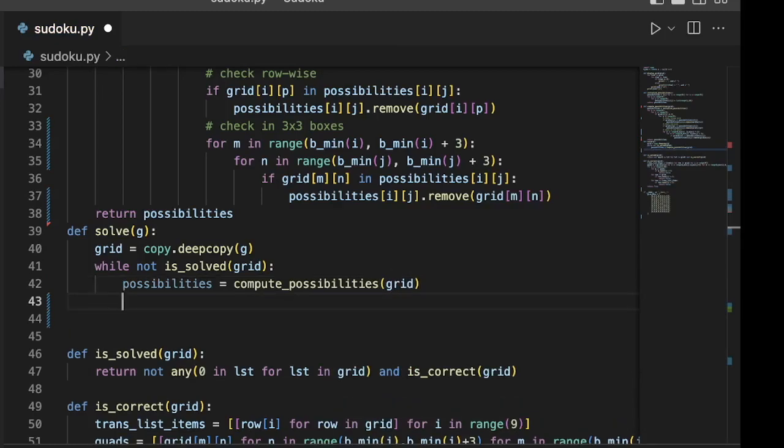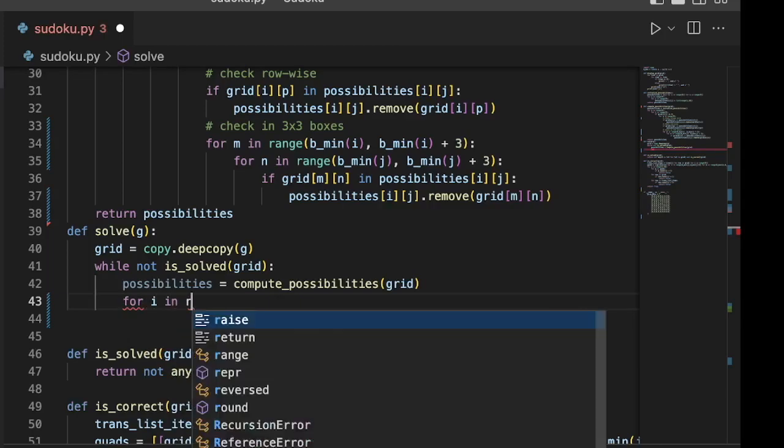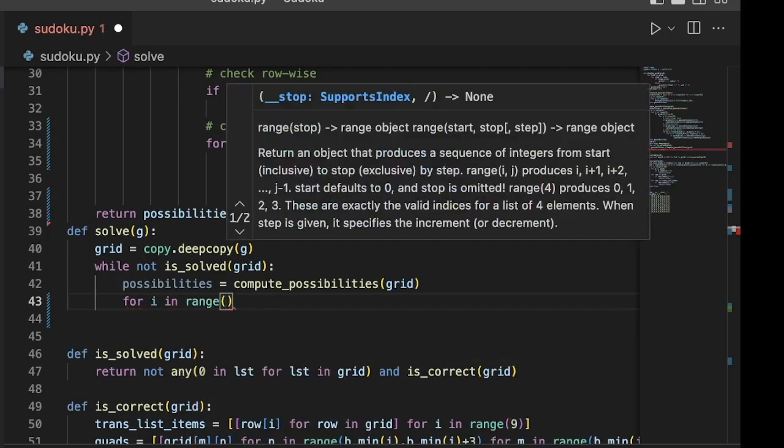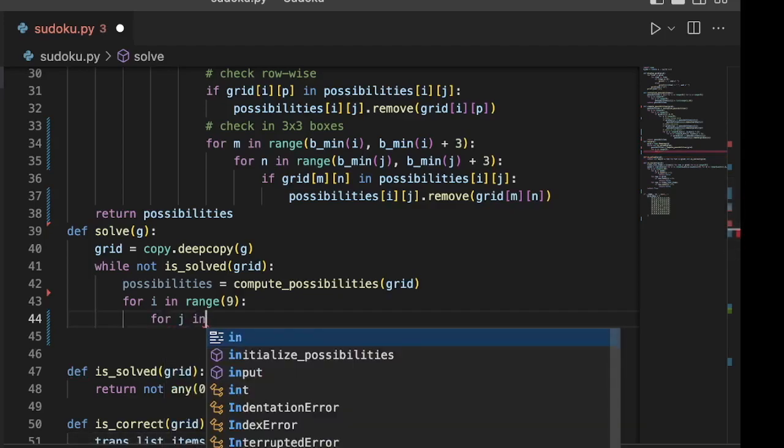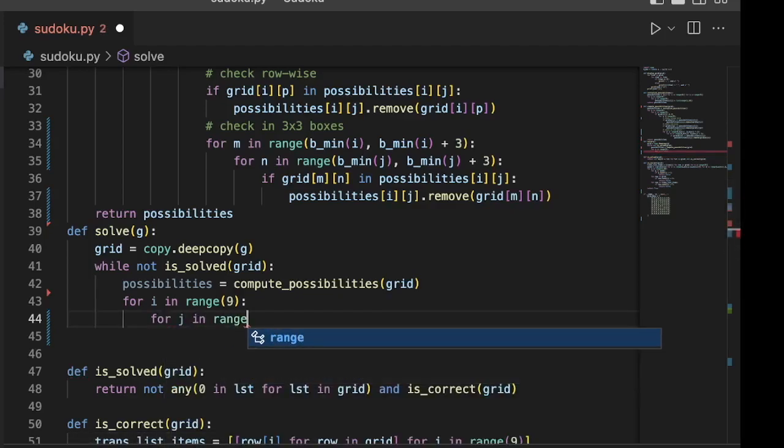Now we'll check each and every single item in the grid and see if the possibilities count is only 1, which means there is only one item which can be filled in that particular grid location, because of which it is very easy to solve. For i in range of 9, we'll iterate through the grid. For j in range of 9,